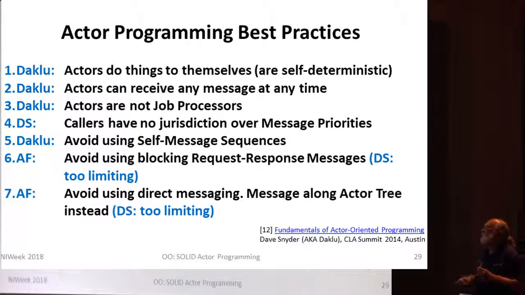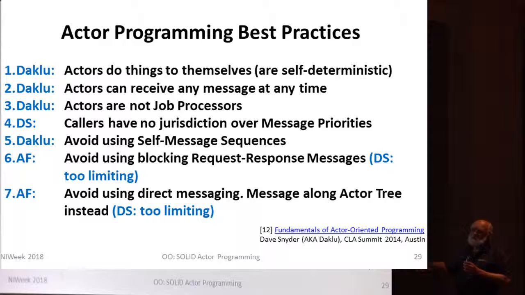Now let's switch to actor programming best practices. At the CLA Summit in 2004, Dave Snyder, better known as Duckloop, gave a really good and important presentation on the fundamentals of actor programming.